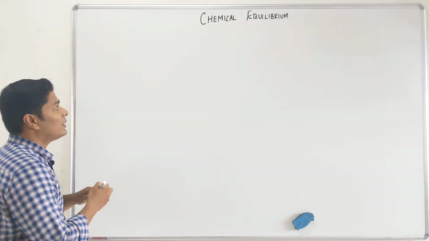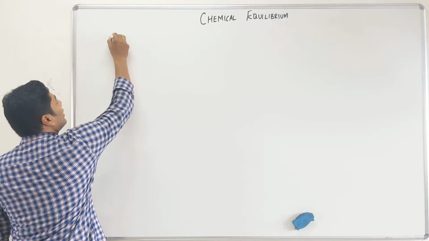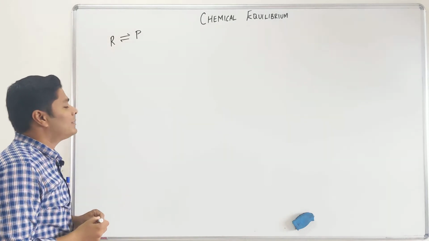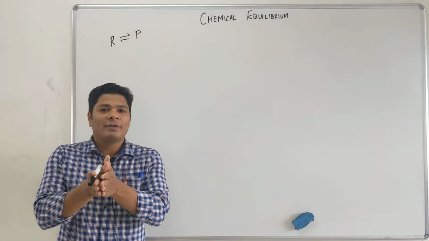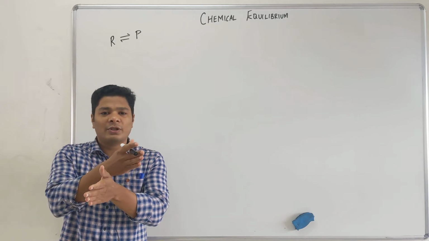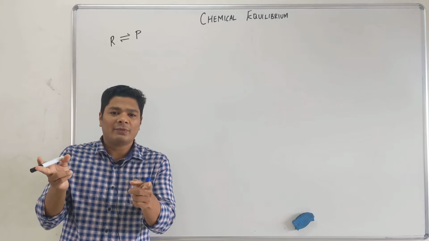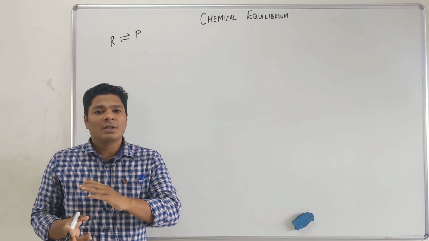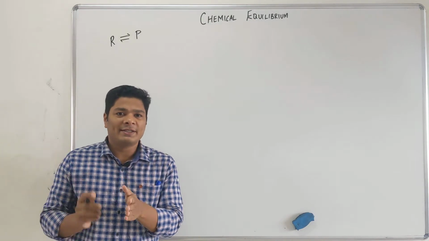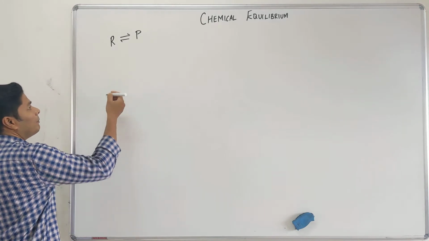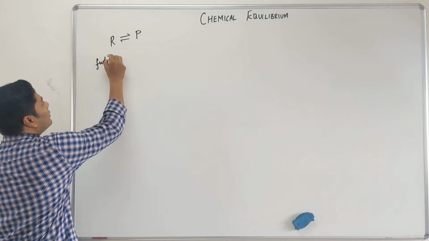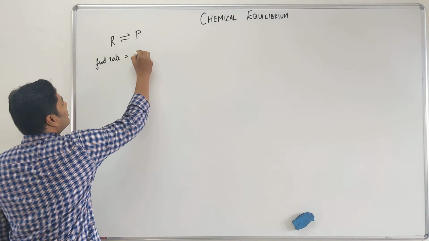So let's take any given reaction, reactant getting converted to products and product going back to reactants. This is just like, for example, you are observing traffic from wherever you stand. We are watching traffic. Some of the vehicles go this way, some of the vehicles go this way, and they keep going back and forth until it becomes an equilibrium where the rate at which the vehicles go to the left side is same as the rate at which the vehicles go to the right side. So the number one criteria for equilibrium is forward rate equals reverse rate.